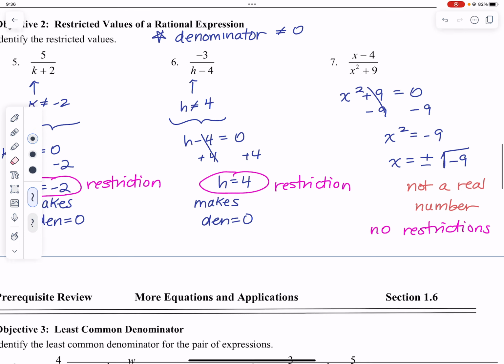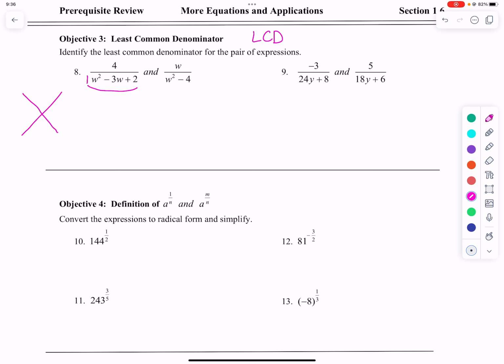Let's go ahead and look at objective 3. So for the least common denominator, we will look at the denominator for each one of these rational expressions. But first, we have to factor this. So we create an x and we multiply 1 times a positive 2, and we write that here as a 2, and then we have